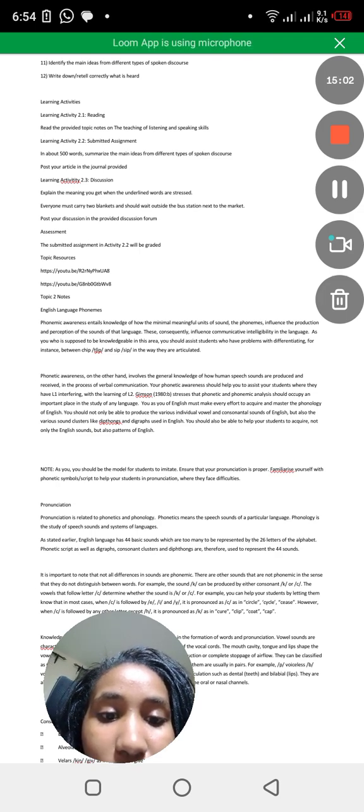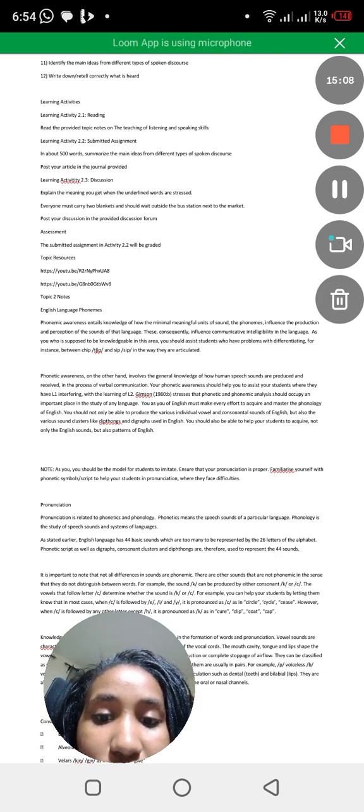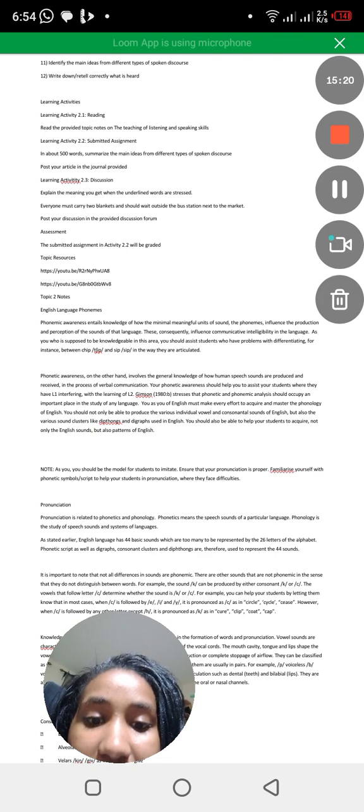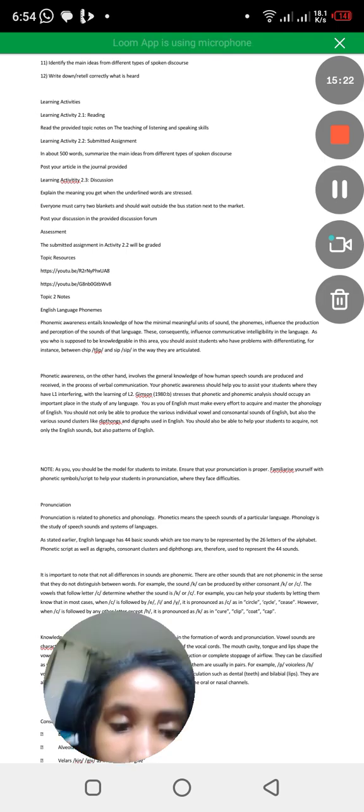It's important to note that not all differences in sounds are phonemic, and knowledge of vowels and consonants would help students with words and pronunciation. Vowel sounds are characterized by free flow of air from the lungs for the vibration of the vocal cords. For example, pen, bean,